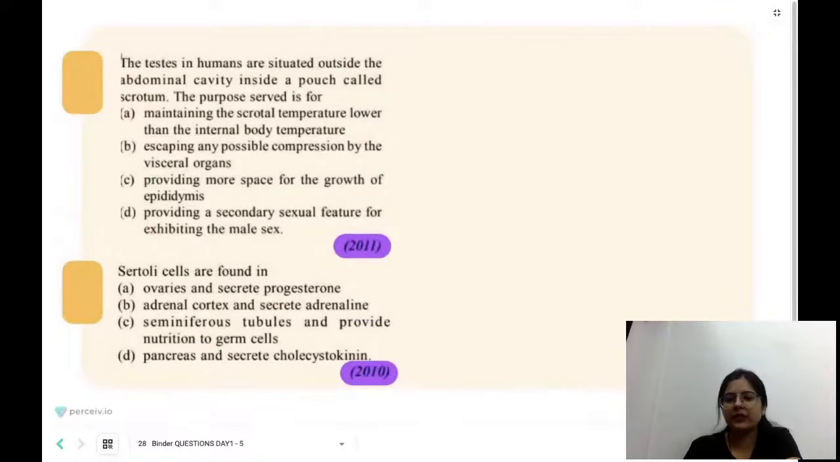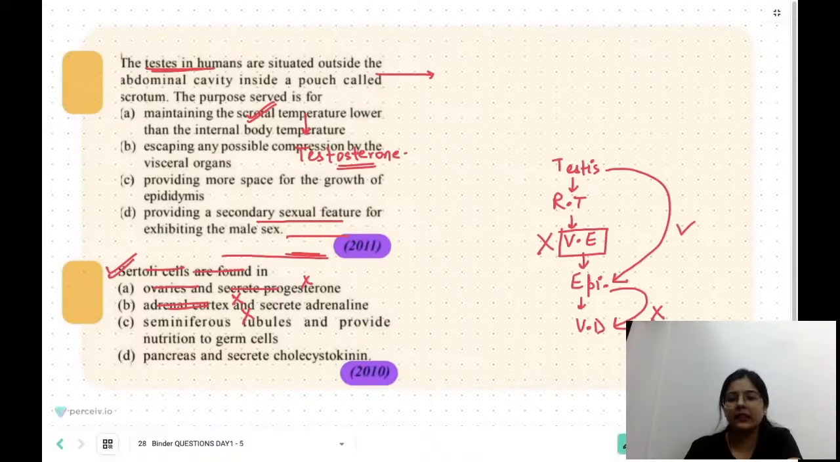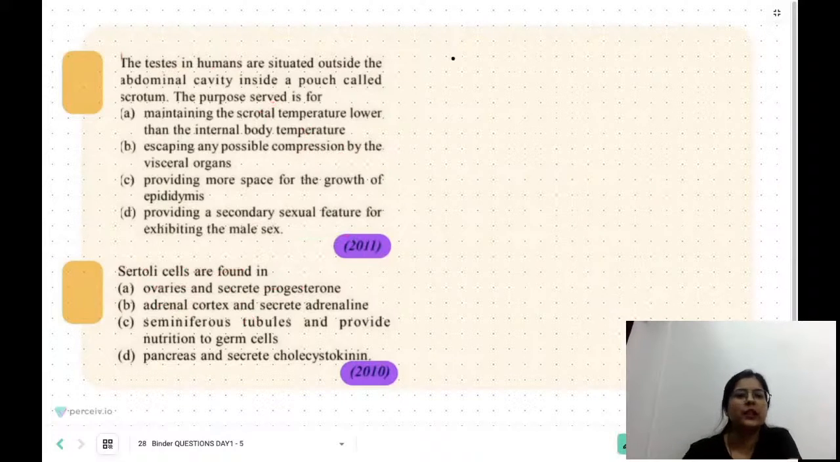The last two questions that we have to discuss... this question says that the testes in the humans, they are situated outside the abdominal cavity inside a pouch which is called scrotum. Now the purpose is served for what? ये मैंने आपको lesson के the very first जो slide था उसमें ही आपको बताया कि scrotum में होना क्यों